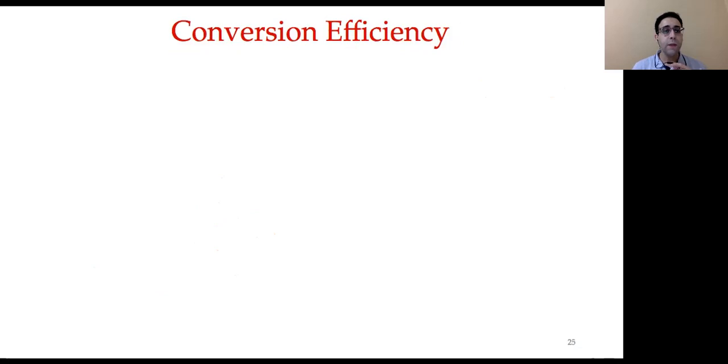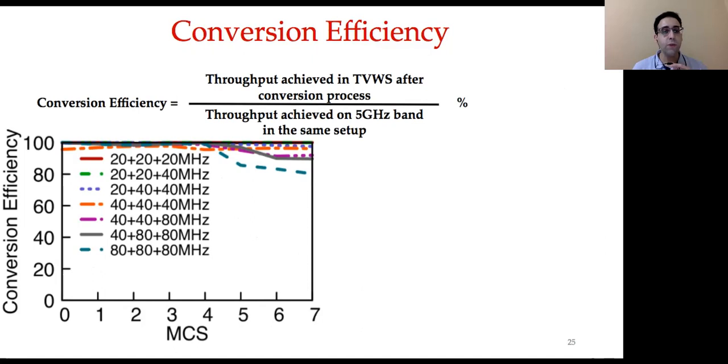In the second experiment, we try to understand the efficiency of the WhiteHaul conversion substrate. As we up-convert the 5 GHz signal to a TV band signal, there might be some losses in that conversion process, and that could affect the performance. So to study the conversion efficiency, we propose a percentage metric as the ratio between the throughput achieved on TV white space after the conversion process to the throughput achieved on the 5 GHz band in the same setup but